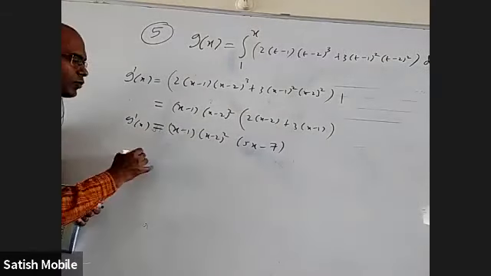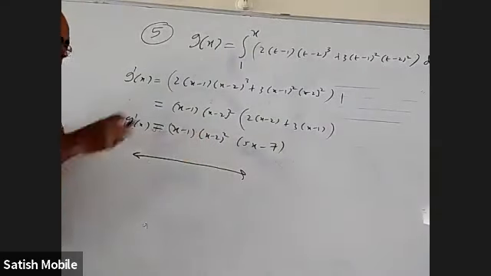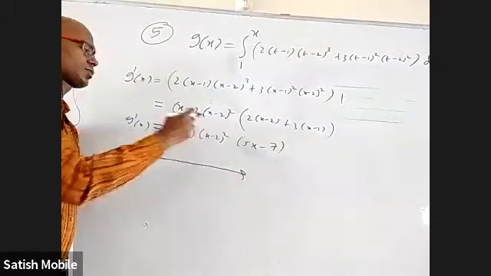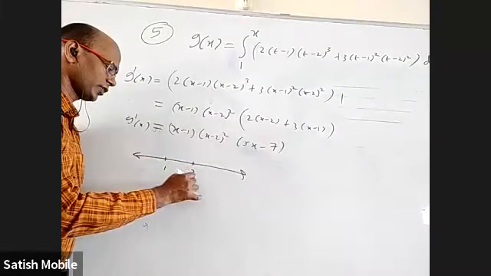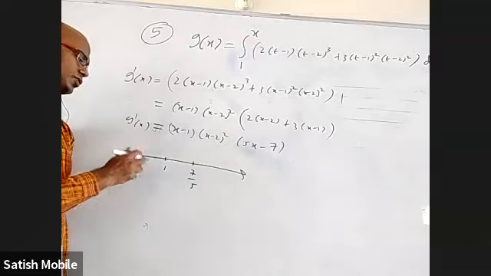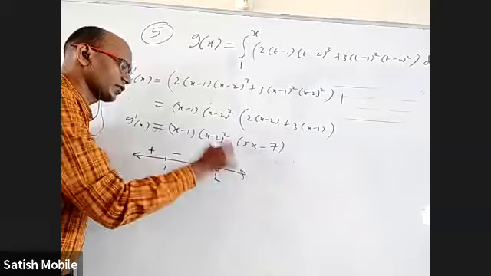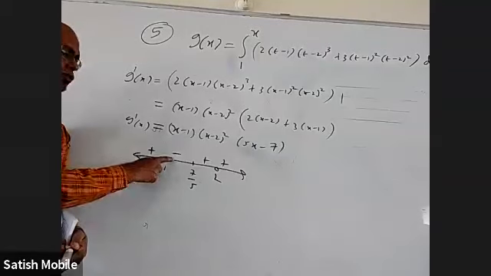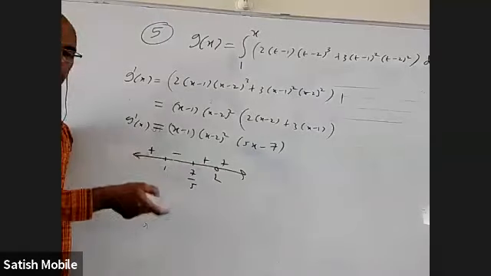So now for this, I want to draw a number line. But at 2, even though the derivative is 0, it doesn't participate in the change of sign, because before 2 and after 2 it is always positive. So 2 I'll write later. Let me write these two first: 1 and 7 by 5. Anything more than 7 by 5, the whole thing is positive here, negative here, positive here. In between, 2 is there, but before and after, everywhere it is positive. At 1, the derivative is 0 and changing from plus to minus, so it is a local maximum. At 7 by 5, the derivative is 0 and the sign is changing from minus to plus, so it is a local minimum.